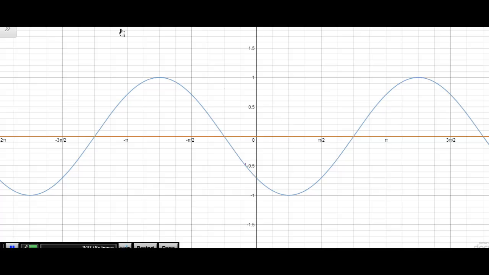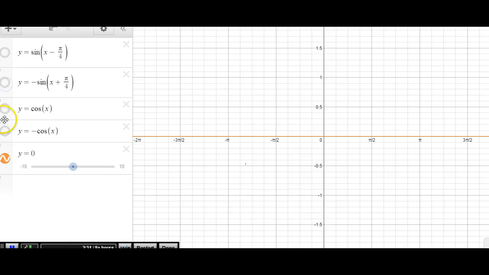Okay, two other curves to look at, and I'm not going to do anything fancy with these. I'll just show them to you. This is the cosine curve. It starts at a maximum and goes down. And this is a reflected cosine curve, starts at the minimum and goes up. Okay? So you basically kind of need to know